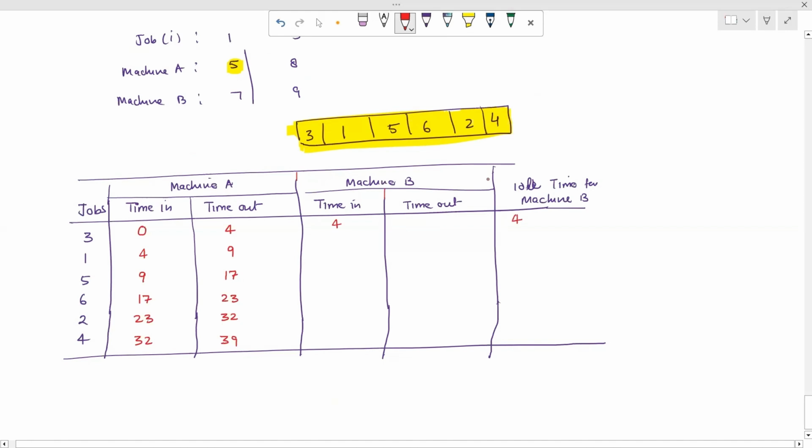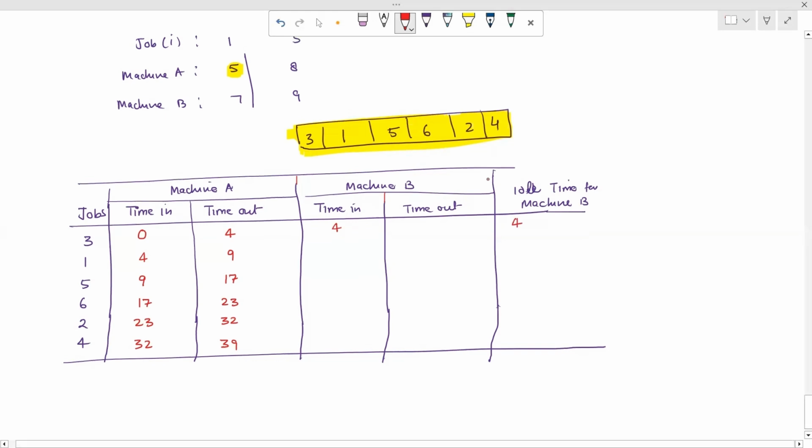4 आवर उसने वेट किया फर्स्ट जॉब के लिए, सेम टाइम पे स्टार्ट हो गई, बट उसने 4 आवर वेट किया उस जॉब को कंप्लीट करने के लिए। मशीन ए ने जॉब कंप्लीट किया 4 आवर्स में, सो द वेटिंग पीरियड ऑफ मशीन बी इज 4 आवर्स, सो दैट इज कॉल्ड आइडल टाइम फॉर मशीन बी, एंड द टाइम इन फॉर मशीन बी इज 4।